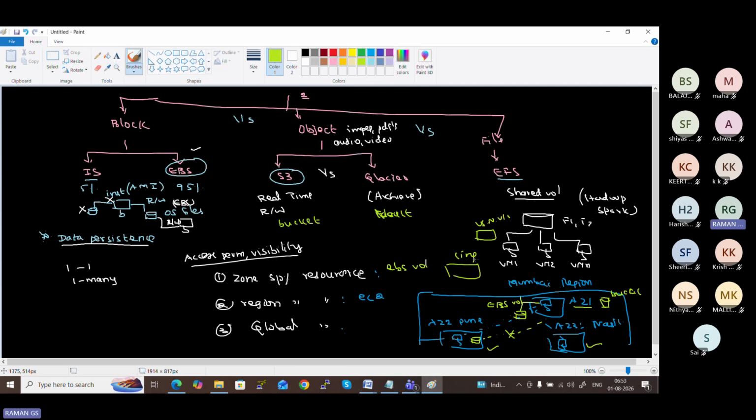So everywhere it is visible. So S3 bucket, IAM (Identity and Access Management), and Glacier are examples of global resources. Hope this is what we discussed theoretically in our yesterday's session.